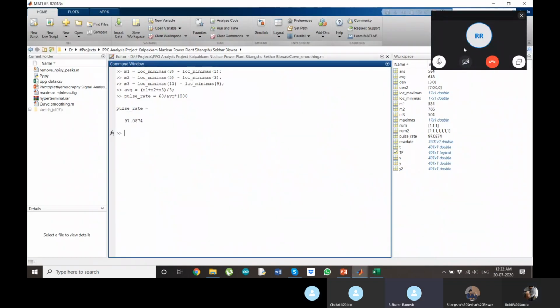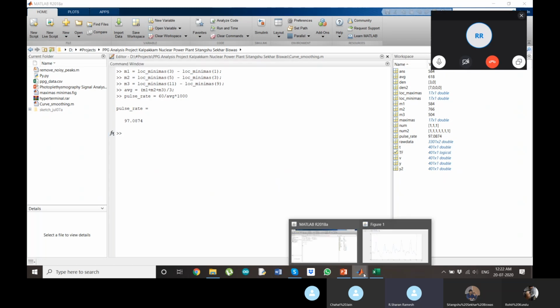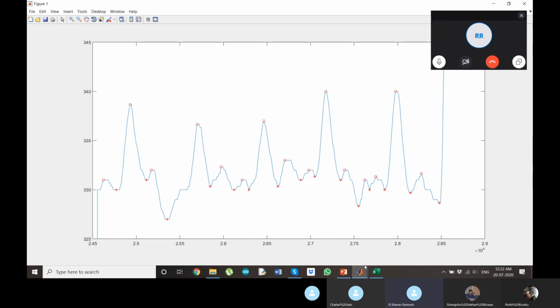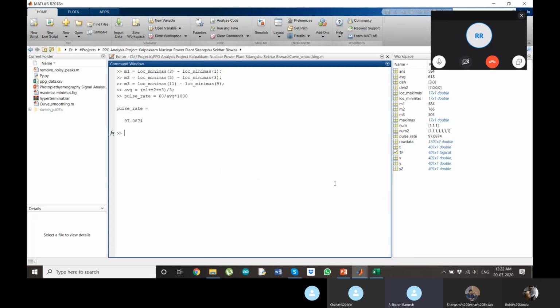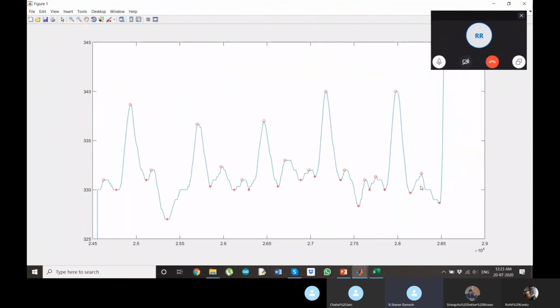I have a small doubt. While saving in the Excel sheet, the beats and milliseconds, suppose some sort of noise is created while keeping the hand, like fan disturbance. That noise creates something like the two local minima you mentioned. We should eliminate them. How to eliminate these stray minimas? Yes, sir will explain.